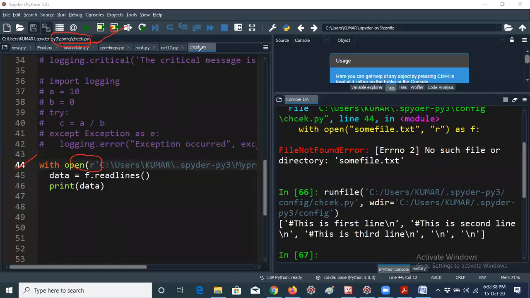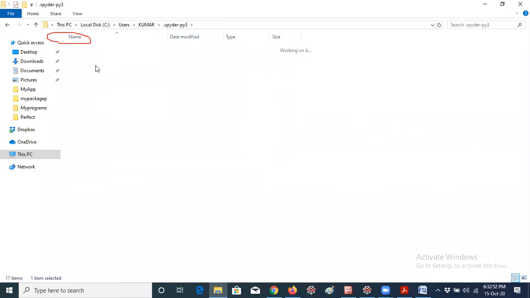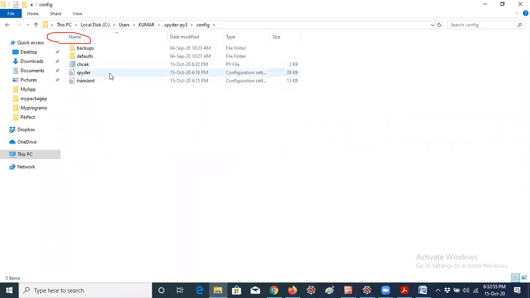So even though that file is not there in the particular directory, here in the config/check.py location, there is no text file actually. You can see in the material, you can see in the folder also. I am running the code from the config location. The some file.txt file is not there in this location. My code is there in check.